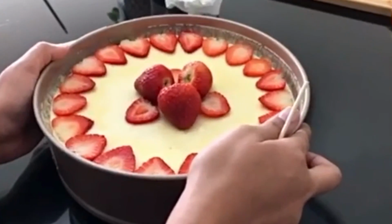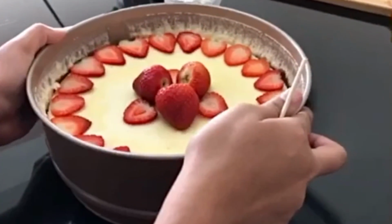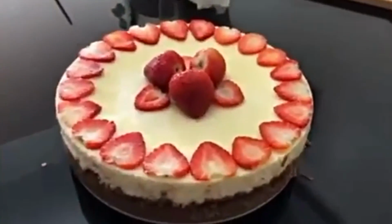Once you're done, you'll just remove the springform pan to reveal the final cheesecake. And now all you have to do is serve and